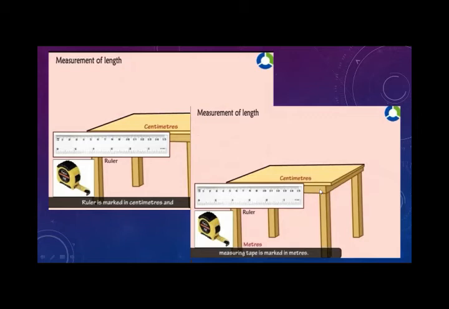What is this? This is a table. Here they want to measure the length of a table. What do they use? They use a measuring tape and a ruler. Because this table is not so long, it's short, they use a ruler and measuring tape to measure the length of this table. Here you understand that if the objects are smaller, then you use the centimeter scale. If the object is bigger, then you need to use the meter scale. Because meter is for bigger things and centimeter is for smaller things.